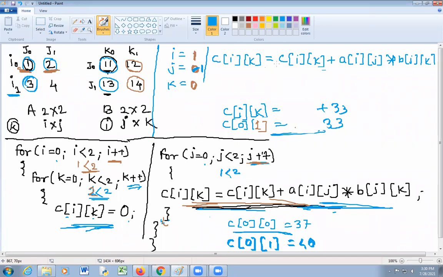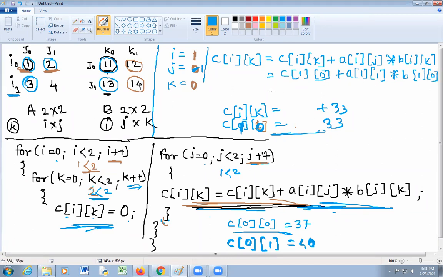So C of 0 1 0, C of 1 0, here 1 0, C of 1 0 plus A of 1 1, A of 1 1 into B of 1 0.